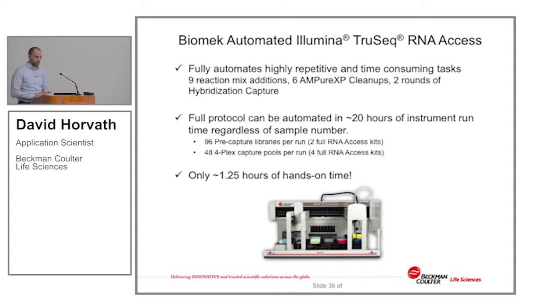and the full protocol can be automated in approximately 20 hours of instrument runtime, regardless of sample number. So that's the benefit of the automation, is as you increase your sample number, your time for processing doesn't change as significantly as it does when you're performing it manually. So each Axis kit has 48 pre-capture libraries that you can generate. Our system is capable of processing up to 96, so that'll be a two-kit run on the pre-hyb portion of